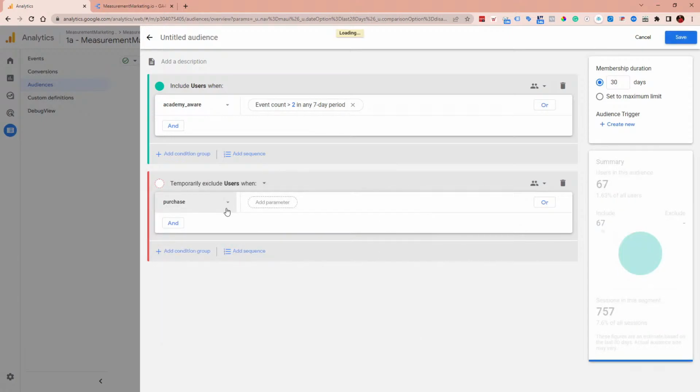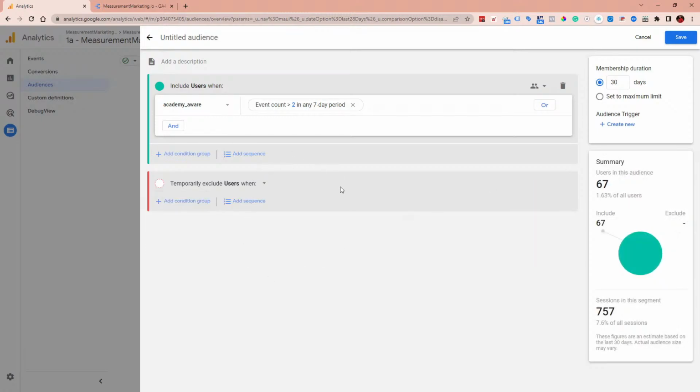There it is. So you can exclude those that purchase, and that's one way to do that. It even tells you we're including this, we're excluding this in this particular instance in this time frame. And so I'm going to get rid of that because we don't actually need that one. But you're able to be really specific with your audience, so you can make sure that you're talking to the